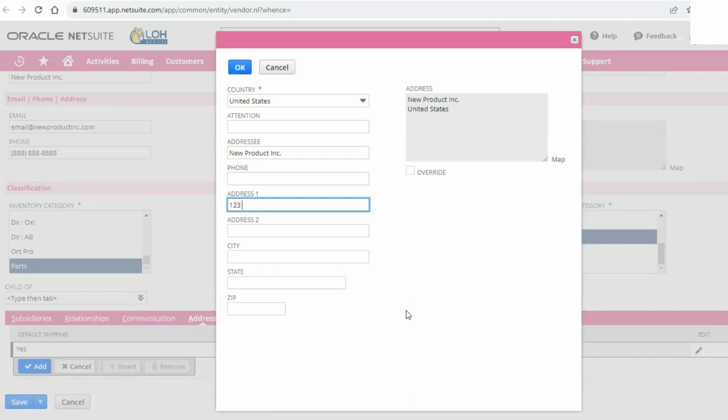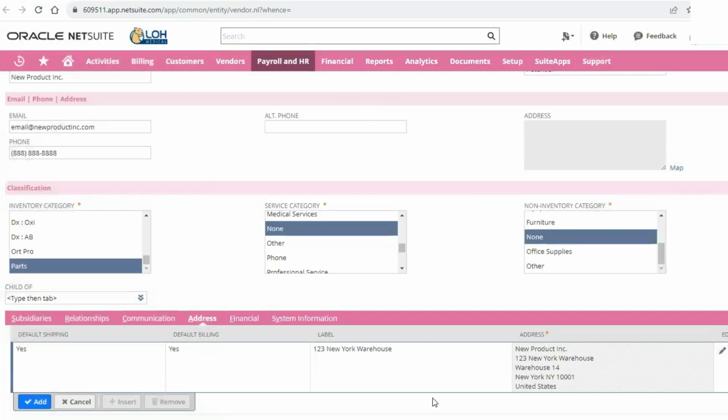So we could do, okay. So let's say this is their headquarters.